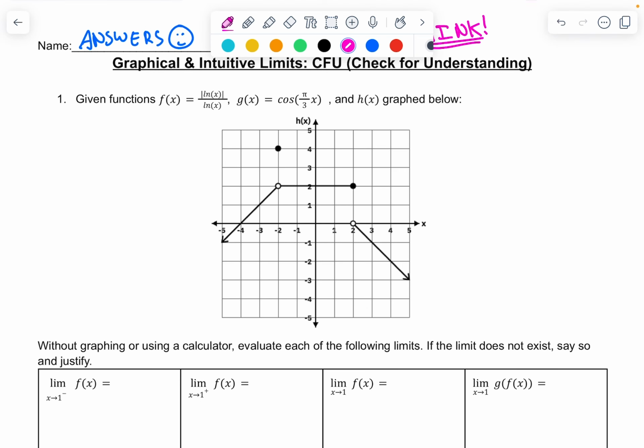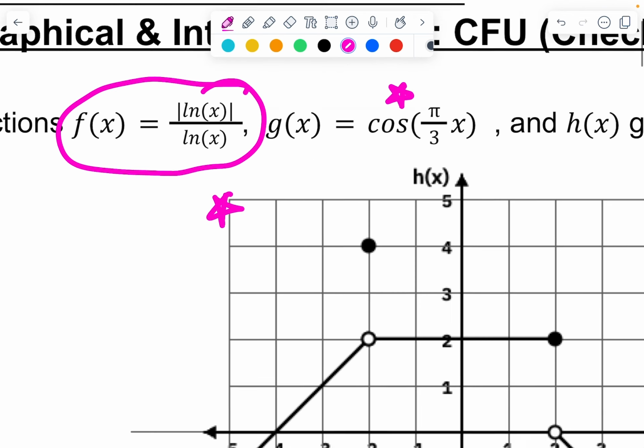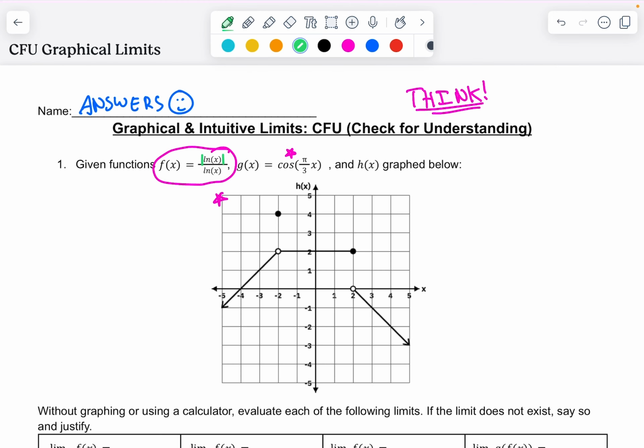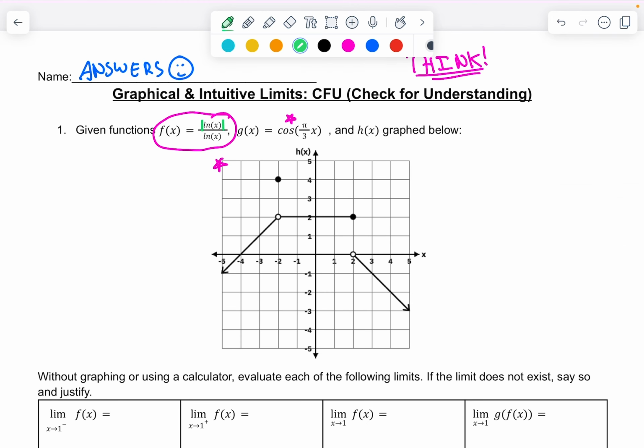Now, h of x is shown below, pretty straightforward. g of x is here, pretty straightforward. This we need to think about. So we have absolute value of ln x over ln x. Absolute value of any function over itself should generally just produce either 1 or -1, because anything divided by itself is 1. The absolute value part is guaranteeing that the numerator is always positive, and then the denominator could be either positive or negative. So we want to think about the function ln x,